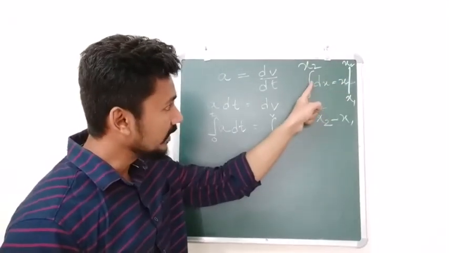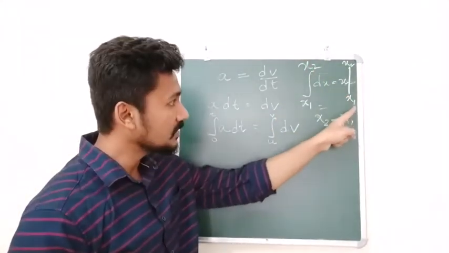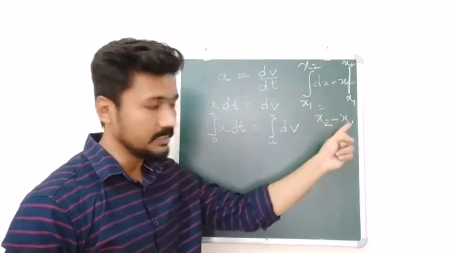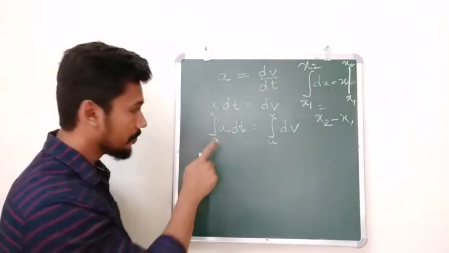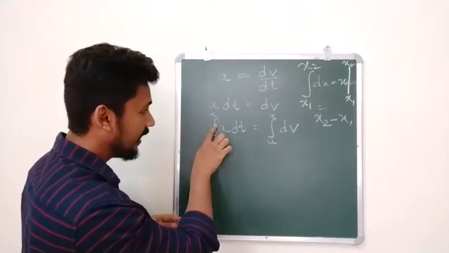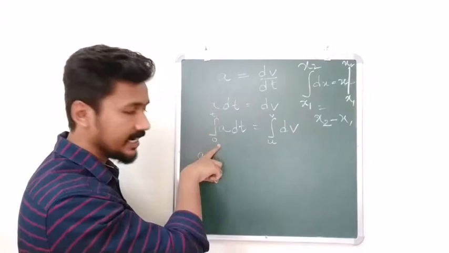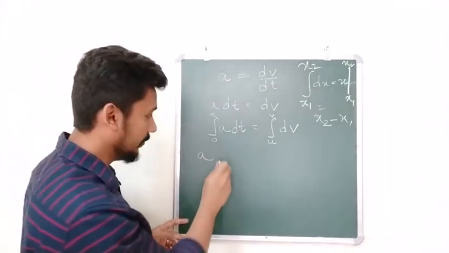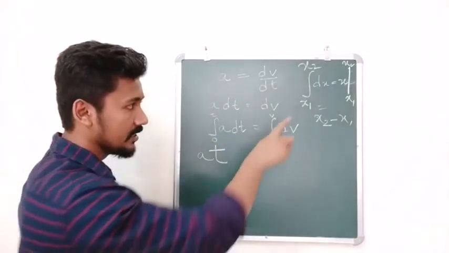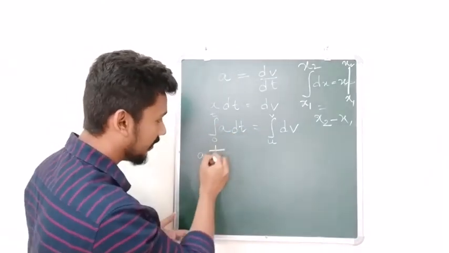I will repeat. Integral of dx from x1 to x2 is equal to x between the limits x1 to x2, and then you subtract, that is x2 higher limit minus lower limit. Same thing we will do here now. Integral of a dt, a is a constant, a comes out, so a, then integral of dt is t between the limits t and 0, and then t minus 0 will be nothing but t. So this integral will become equal to t. Getting it? It is more or less the same thing. So this part becomes equal to at.